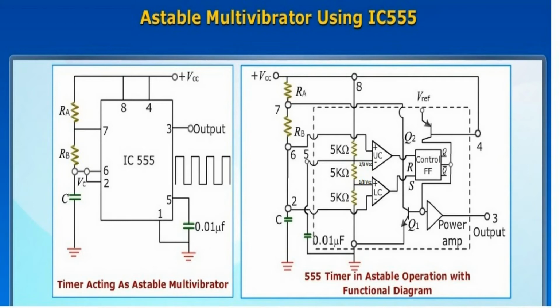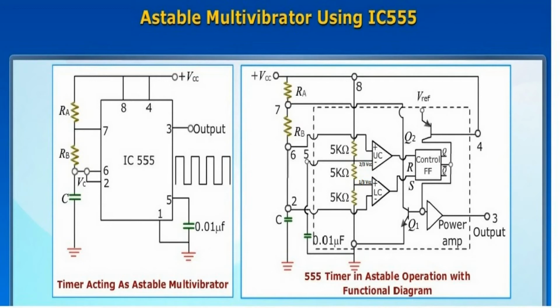The SR flip-flop output Q bar equal to 1, the power amplifier output goes to 0 because the power amplifier acts as the inverter. The SR flip-flop Q bar equal to 1, hence the transistor Q1 base is positive. Hence the transistor Q1 is on, it is short circuited. The transistor Q1 is connected across the resistor RB and capacitor C.